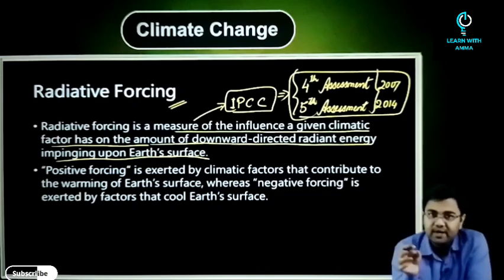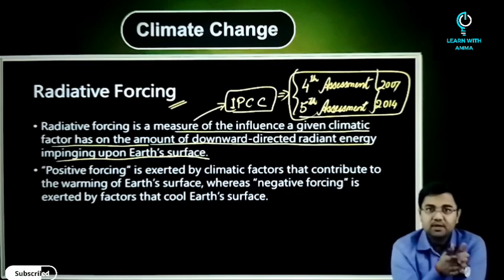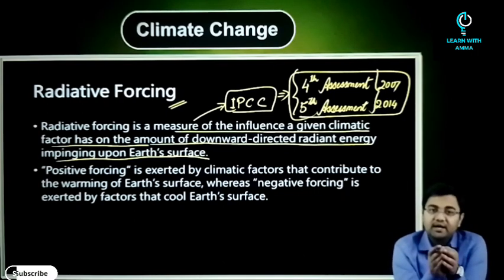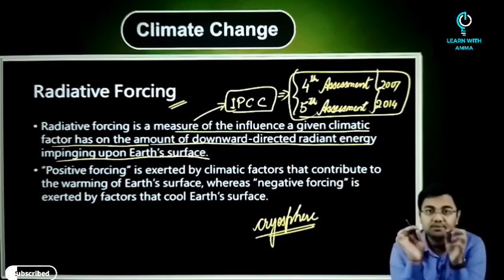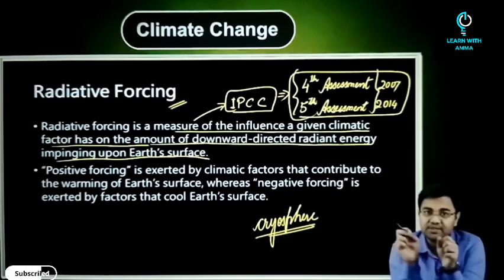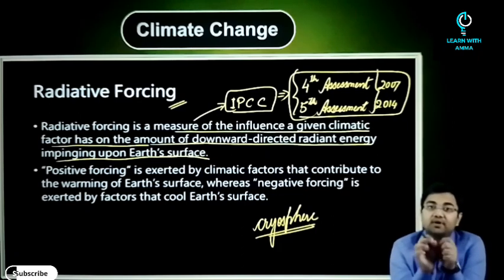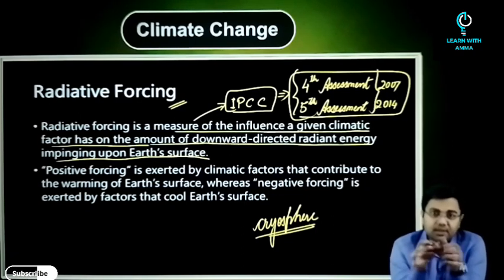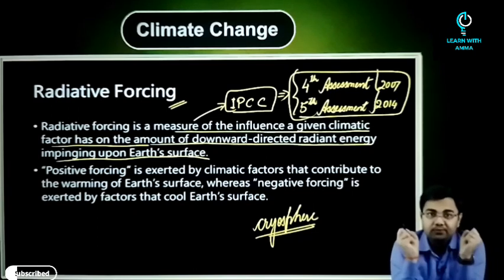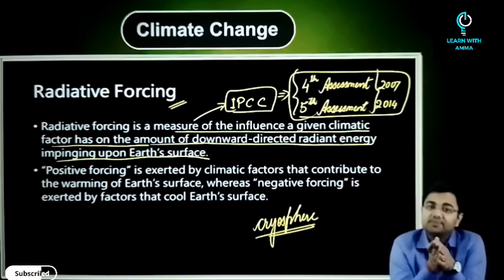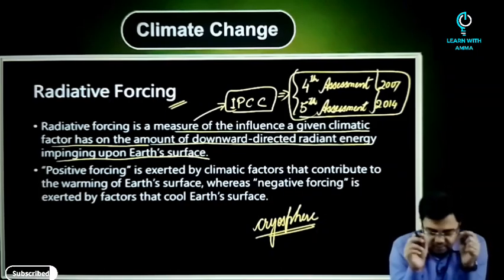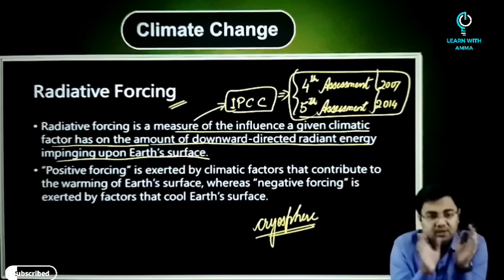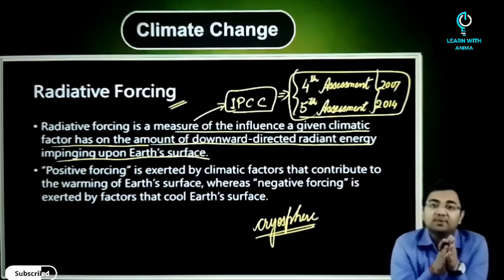If you just have a look at the previous year question papers, you will see that there is one question just a couple of years back where they had asked about the cryosphere, the effect of climate change on the cryosphere, and there was a particular report in this fifth assessment report on the effect of climate change on the cryosphere. So directly the things are being picked from these reports and being asked in the mains or prelims examination. So please remember that any report that is being published by IPCC will become very, very important for your examination, both in prelims as well as in the mains examination, right?